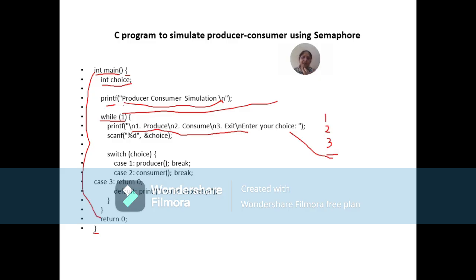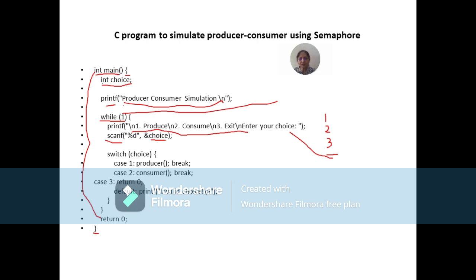Now since we are going to accept that input from the user, we are having the scanf function. Using the scanf function, we accept the input from the user in our C program. Now what are we saying? We say enter your choice, and what variable are we using to accept that choice? We are using the variable choice. What is the data type of choice? Int.